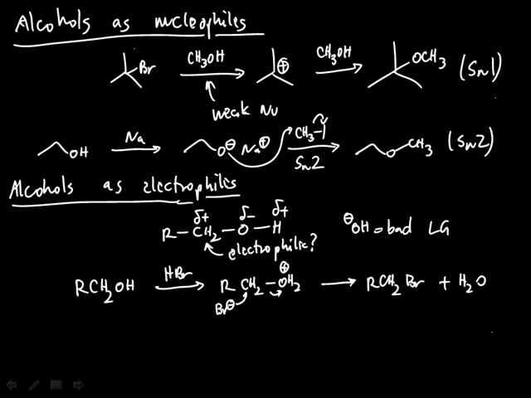The problem here lies in the fact that we need to use strong acidic conditions, which then tend to favor the formation of cations, which can rearrange. And alternatively, strong acidic conditions are not necessarily compatible with many other functional groups present in molecules. And so the question now is, is there a better way to convert an OH group or an alcohol into a good leaving group? And the answer lies in sulfonate esters.